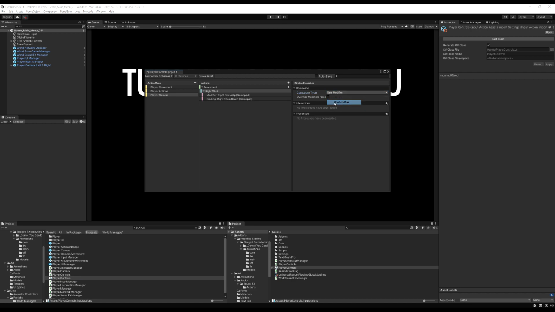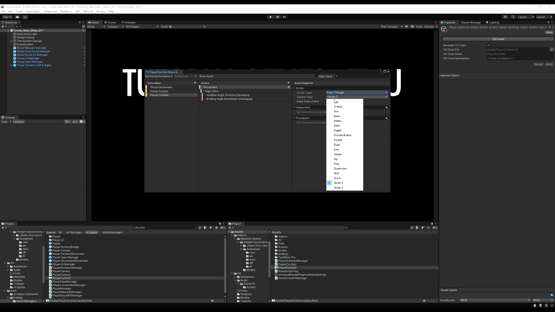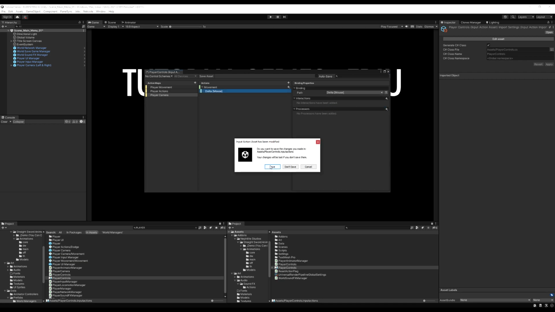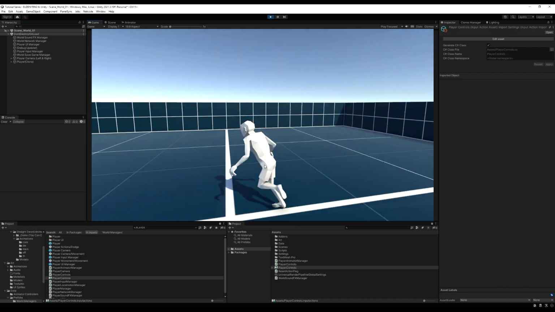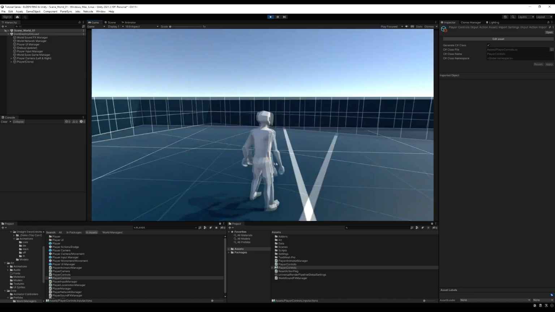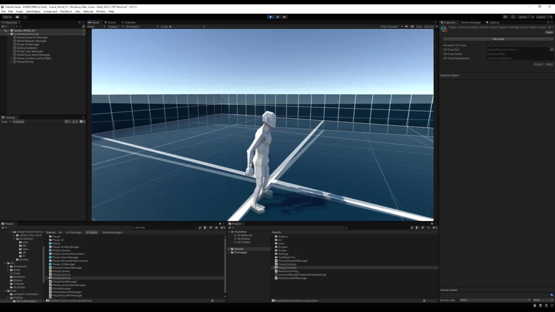Again, over here, go to the top and change it to a pass-through. And then you want to change it to a delta. Down here where I have right stick, I'm going to delete that entirely and make a new binding and look for the mouse delta. So if I save this now and go into the game and start it, I'm actually moving the camera now with my mouse. You'll find the sensitivity is a little bit different, so you might want to tweak that. And I'm moving around with WASD. So that's pretty straightforward, very simple.